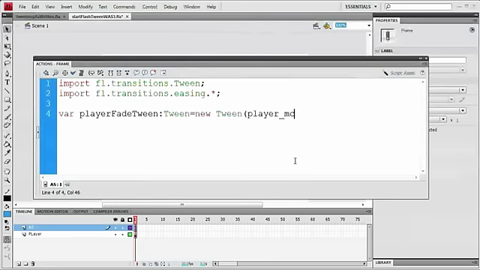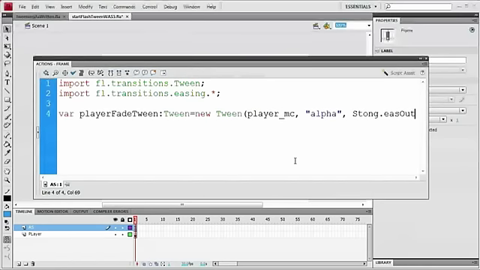I'm going to place a comma after that. The next thing we want to talk about is what property of this said object you want to tween. You need to put it in quotation marks, that's double quotes. I'm going to put it inside of these two quotes I just typed out. I want to tween the alpha. That's the property I want to tween, comma, and the next thing I want to say is